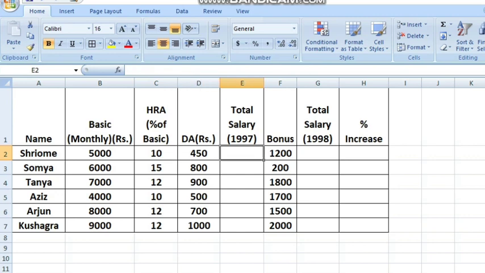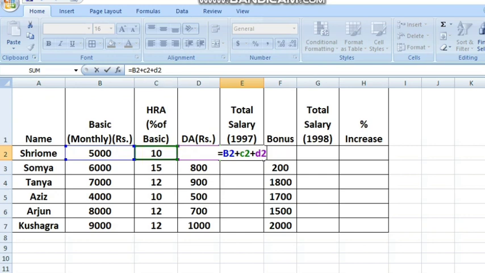To find out the sum of all the basic, HRA and DA, we use the plus symbol or the sum function. So simply I will explain it like this: suppose I have written equal to and then the first cell reference is B2, and then the second cell reference which is C2 wherein HRA is given, and then D2 where the DA is given. But you can see here that HRA is the percentage of basic. So what I am going to do is find out the percentage of the basic. So here I am going to bifurcate this expression like this.